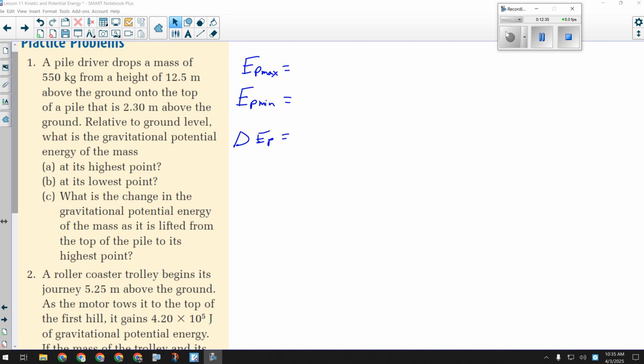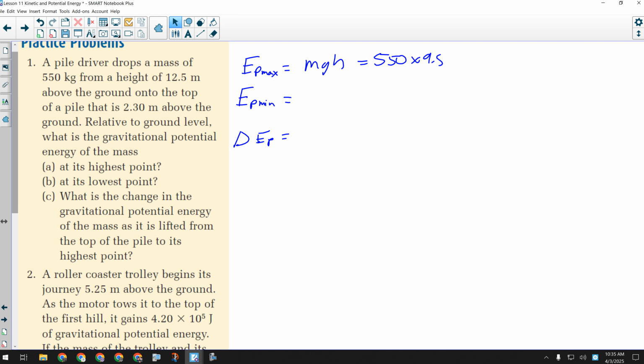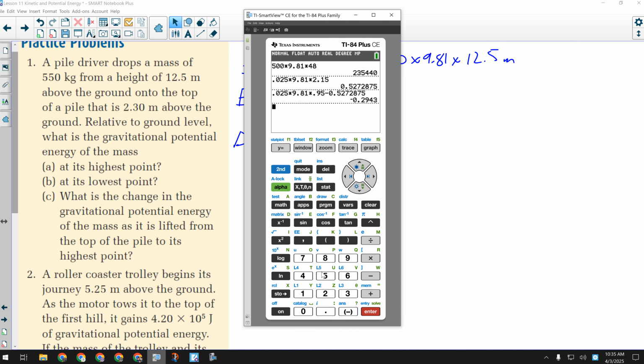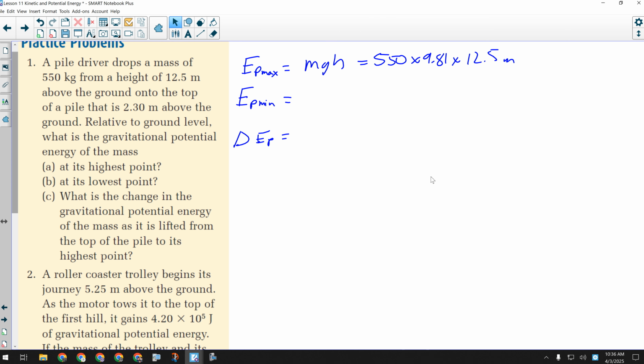Okay, guys, without overthinking these, calculate the maximum potential energy at its highest point. It's just m times g times h. So that's 550 kilograms times 9.81 times 12.5 meters. That's going to give us 67,443. We only have 3 significant digits there, so 6.74 times 10 to the 4